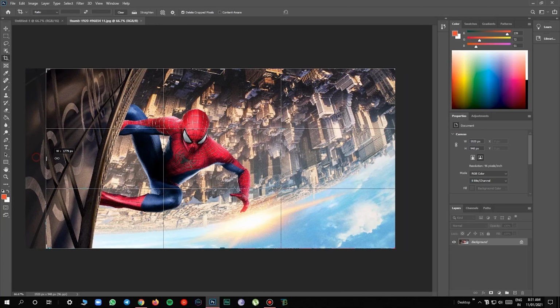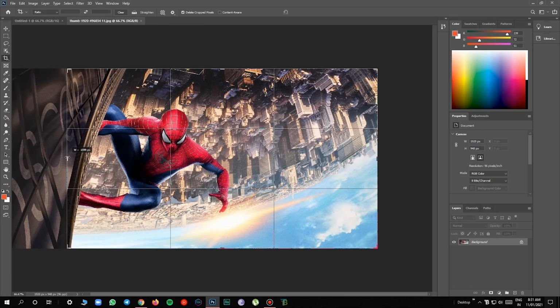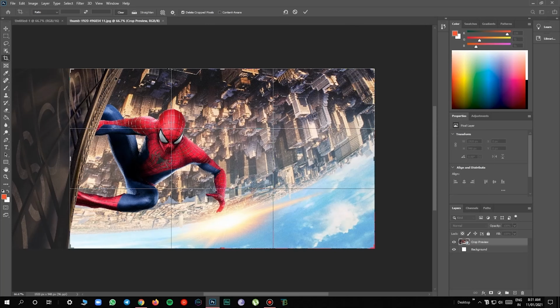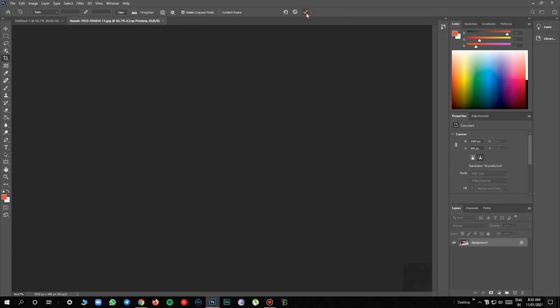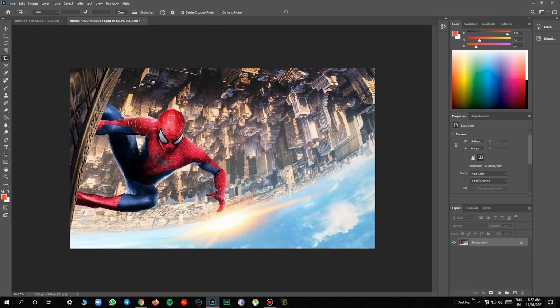So we are gonna edit this image a little bit to make it good. So first we are gonna duplicate this image by using the lasso tool. So duplicate means just making another Spider-Man.